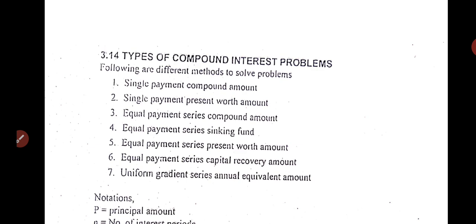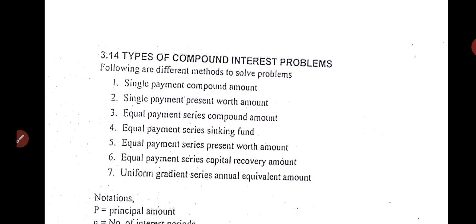Now this second one, single payment present worth method, is: if I want 3 lakh rupees at the end of 5 years, how much should I deposit now for 5 years at the interest of 8%. Now, this is a reverse: you know the future value, but I want to find out the present value which I should invest so that it will give me 3 lakhs at the end of 5 years at the rate of 8% interest compounded annually.